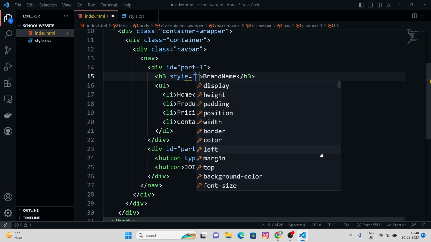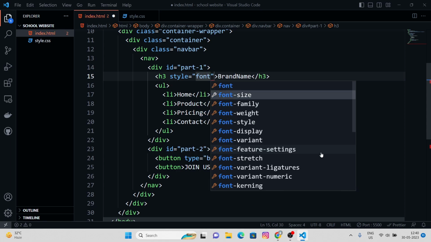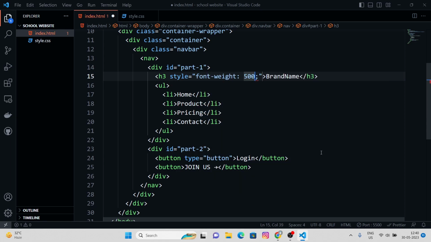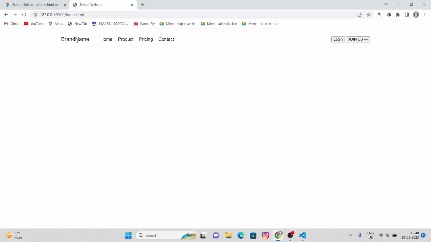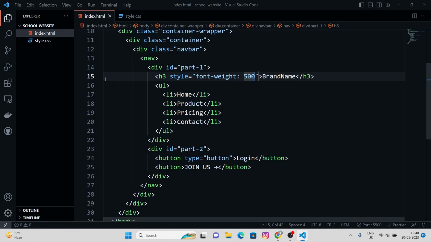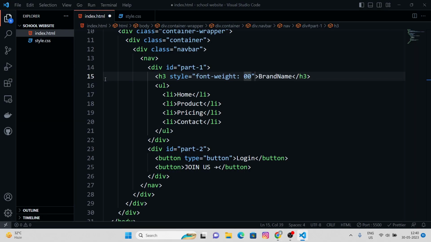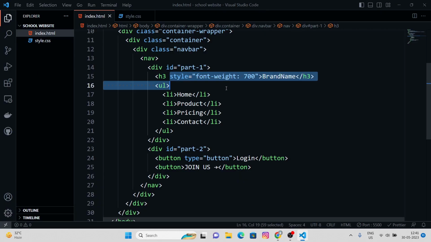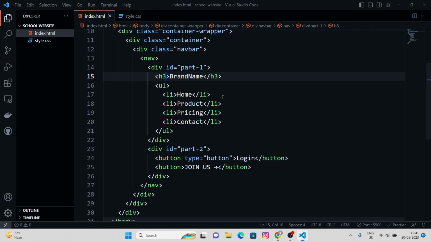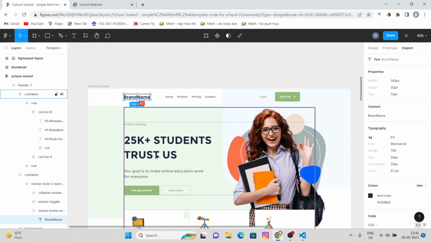Let me just give it an inline CSS 500. Okay, 500 is normal, I guess. Yeah, for 700, let's go with 800. It's quite bolder. 700, yeah, H3 is taking 700 by default, right? So I'll not change the font weight here,